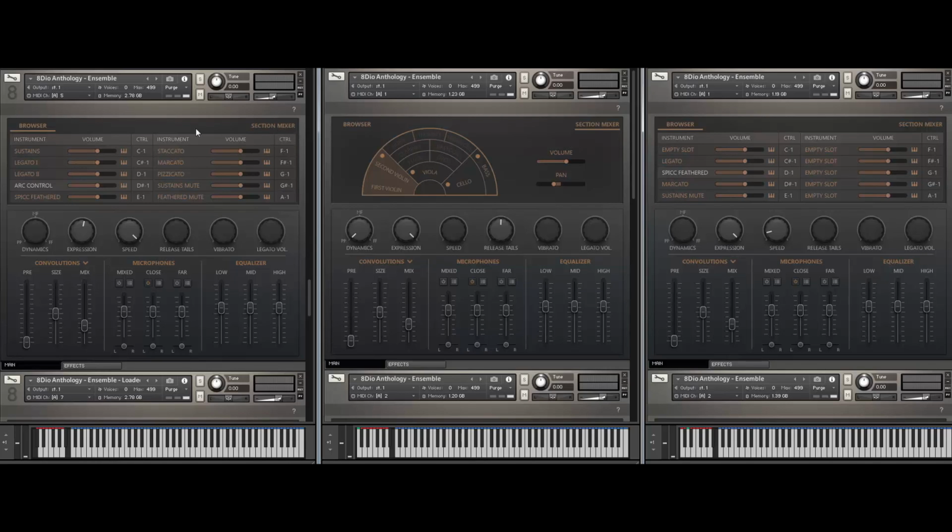And one of the absolute most beautiful aspects of Anthology, and that's really been taking us a long time to get together, is that you have the section mixer here. And obviously I'm playing the arcs right now across basses, cellos, violas and violins here, but the library is symmetrical, meaning that whenever you load an articulation, you can be sure that no matter how you combine things here